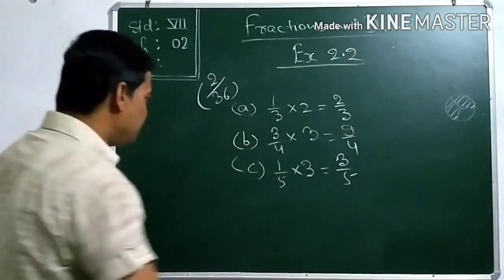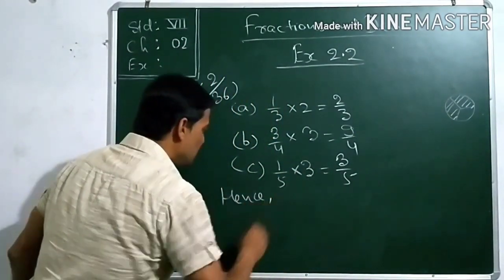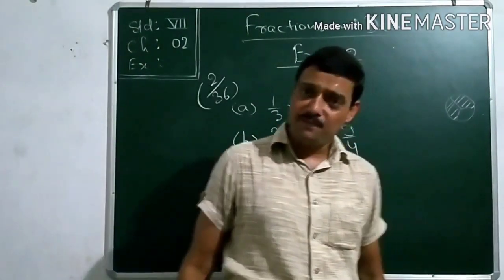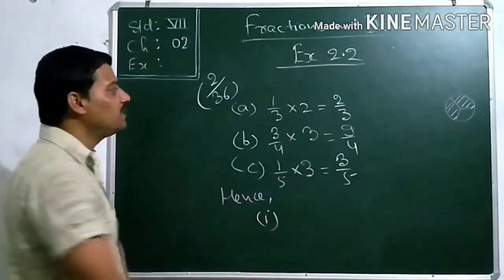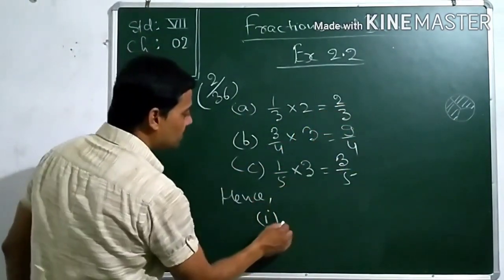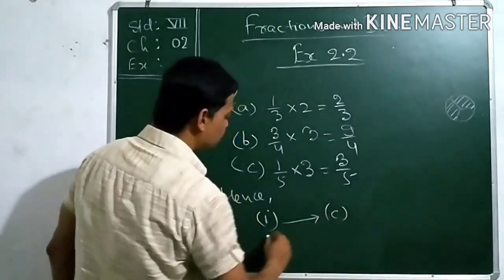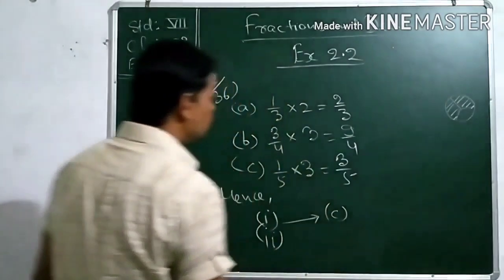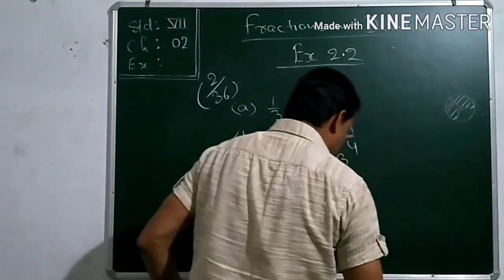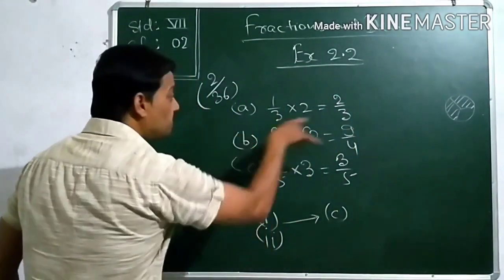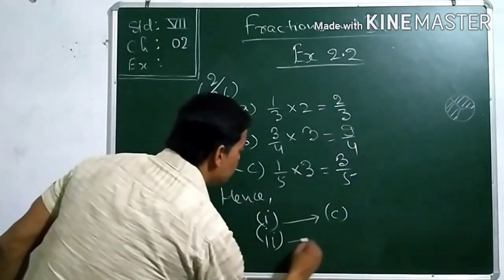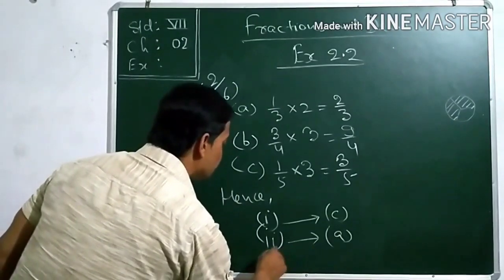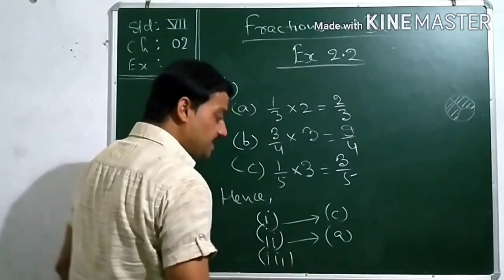Now you can very easily match them. Hence, look at the one number. First is 3 by 5. So 3 by 5, where is 3 by 5? First will match to the C. Second was 2 by 5, 2 by 3, 2 by 3. So 2 by 3, yes, it will be matching to the A. And of course third, the value is 3 by 5.